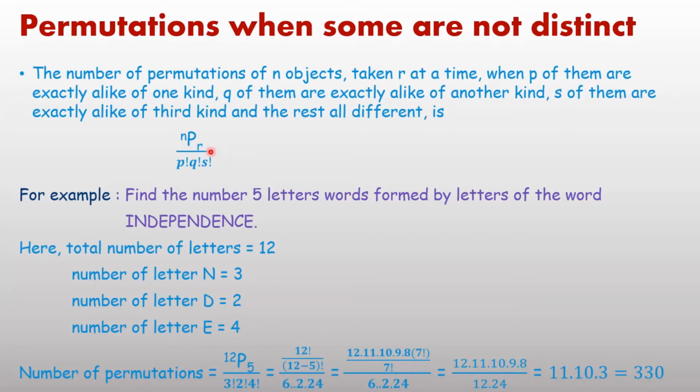Now think of one more condition. I have written taking all at a time. If you are taking all the letters at a time in the same question, then what will be the answer? Easily you can observe here that it is nPn, and the value of nPn is factorial n. The next case we are going to take.